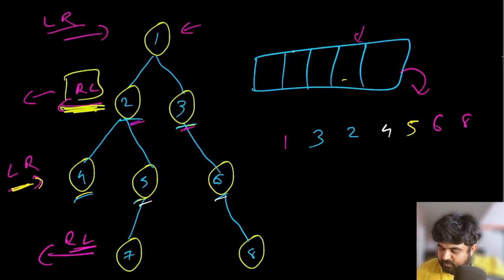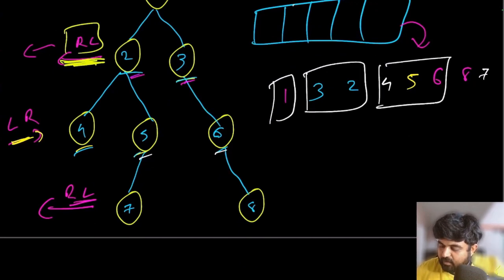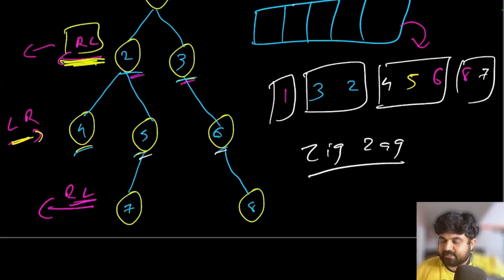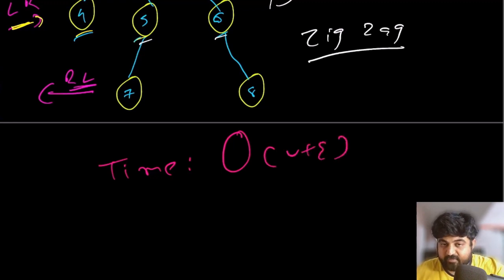And in the end, we would not have any values inside our queue, which means we can get rid of it. And now you see the traversal is being done in level order and also in the zigzag fashion. And that is the most important fact. And this is how you solve this problem. Again, if we try to see the time and space complexity, the time complexity is going to be big O of V plus E, or vertices plus edges, or nodes plus edges, because we are using BFS.